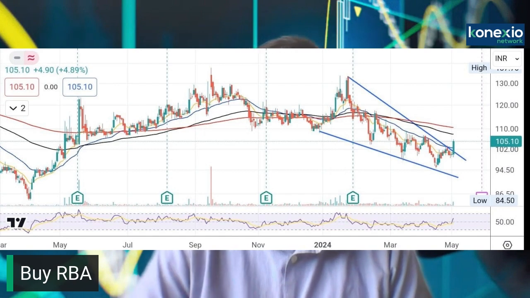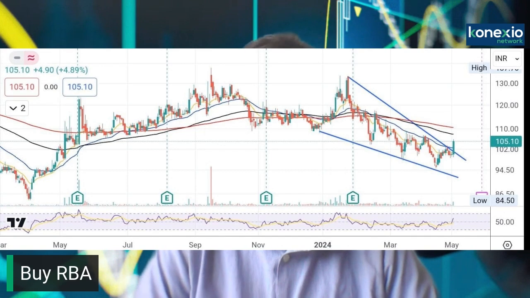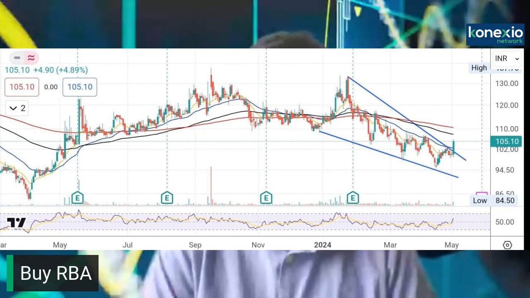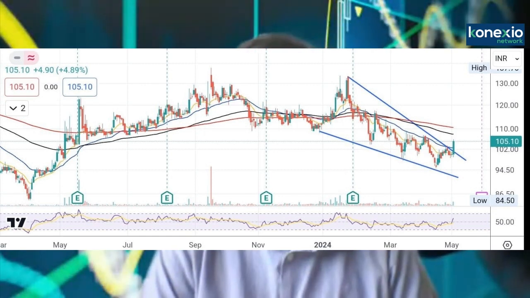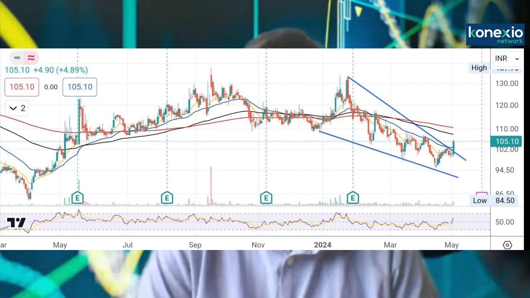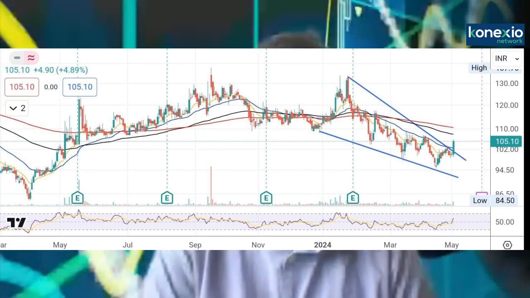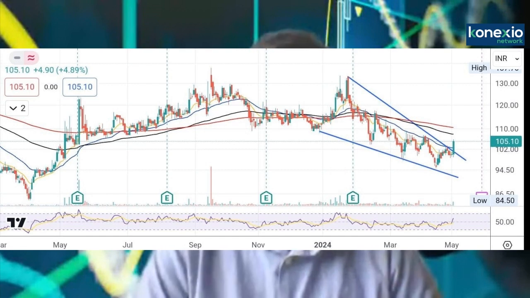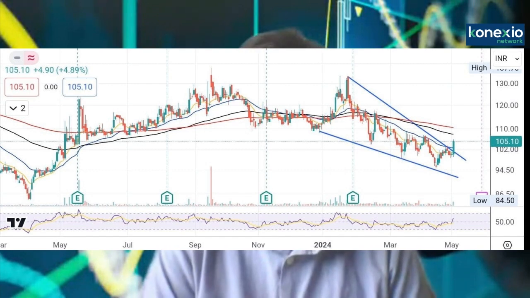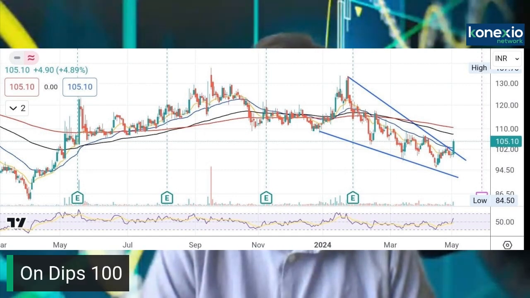So slowly and gradually, the stock is moving out of the selling pressure, and from this juncture, we feel that the stock can give a decent return in the coming months. So any dips should be used as a buying opportunity, or should be grabbed as an investment opportunity from these levels. Currently, the stock has closed around the 105 mark. If the stock sees some sort of cool off around the 100 mark, that dip should be used as a buying